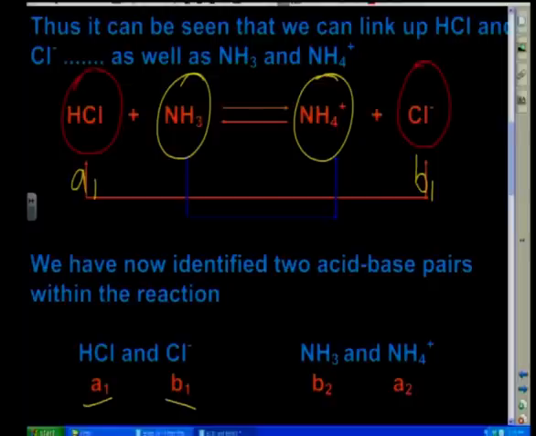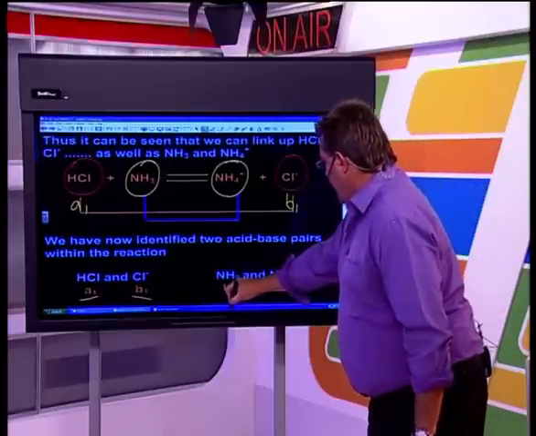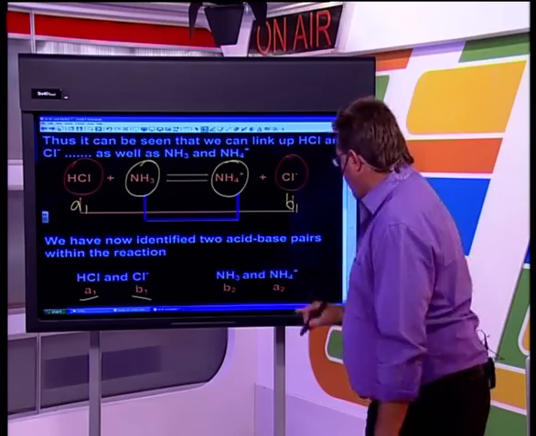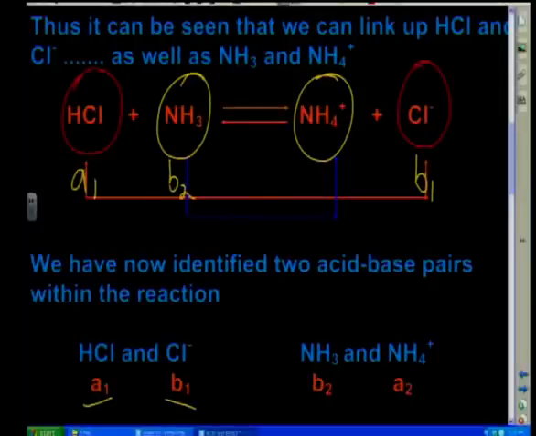Let's have a look now at my second acid-base pair. NH3 and NH4 plus. Can you see, guys, we are differing by one proton again. So therefore, he acted as a base in the forward. Therefore, he's acting as an acid in the back, or reverse reaction. So that's going to be base 2 and acid 2. Okay. The 1s over here represent acid-base pair number 1, and the 2s represent acid-base pair number 2.